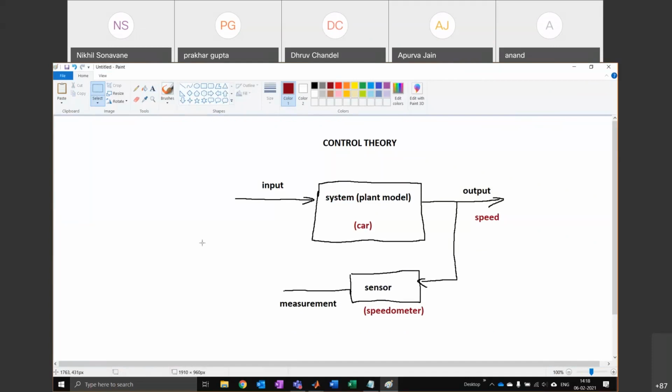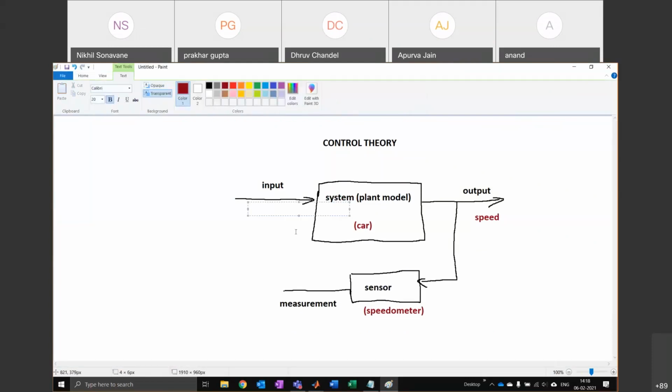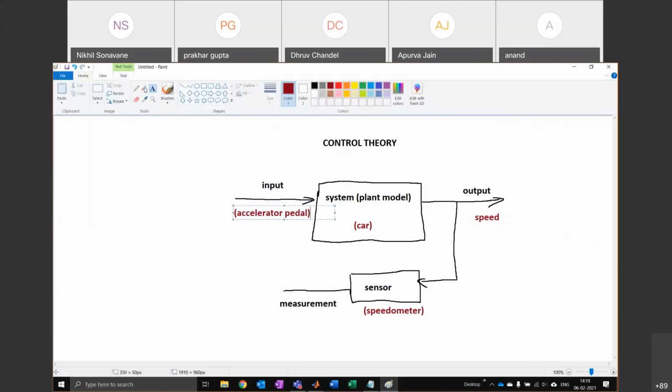Okay, so that's the input. So the input is how much you press the accelerator pedal. Now, whatever is happening inside the car, you don't actually know what it is. I don't think most of you are mechanical engineers. I can tell you when you press an accelerator pedal, it opens up a fuel intake valve.